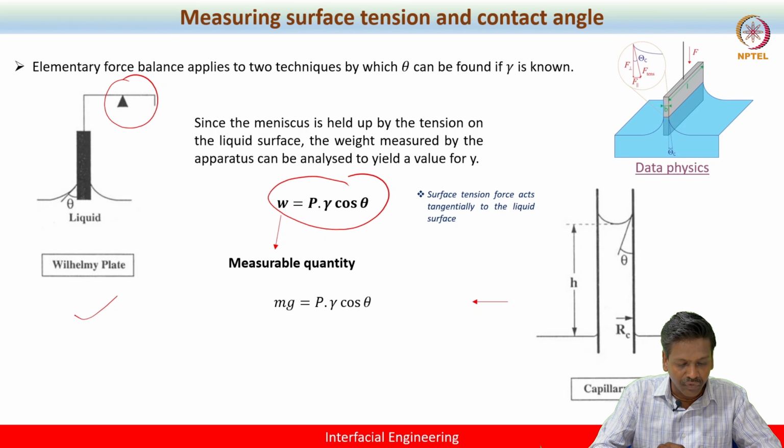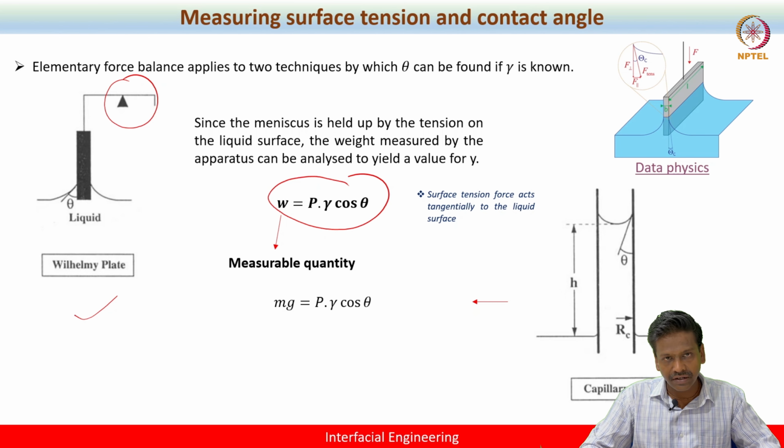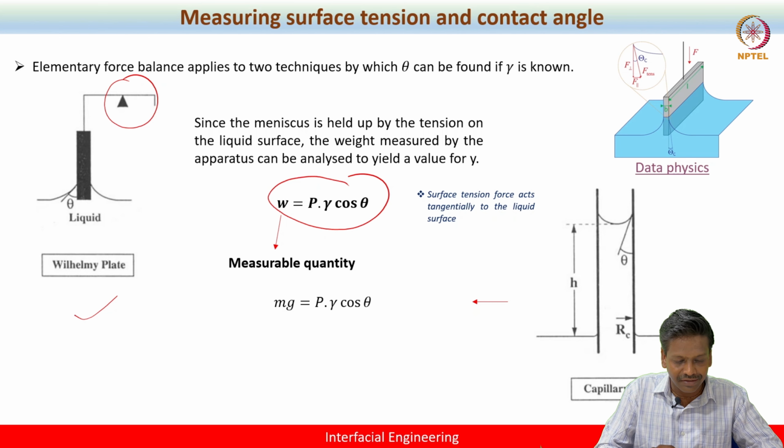So you can see that the weight, which is nothing but mass into gravity, can be equated at equilibrium, because on one hand there is gravity acting downward, and on the other hand surface tension acting upward, because the liquid shares greater affinity with the solid and wants to maximize its contact area with the solid surface. So in this case you have two counteracting forces: one is surface tension and the other is gravity. When you equate both these forces at equilibrium, you can get this relation.